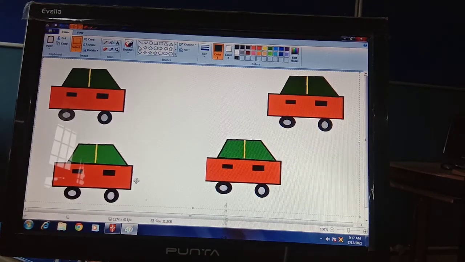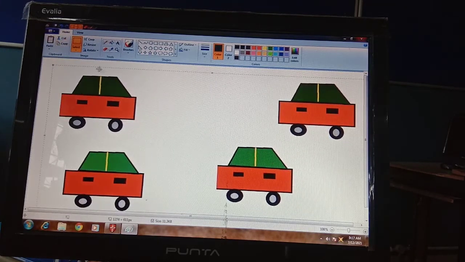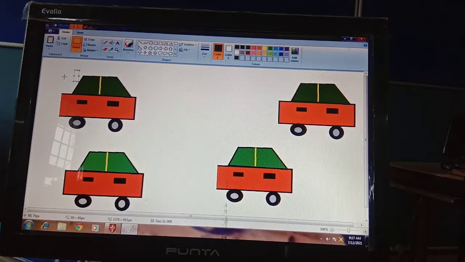I am again removing. Now I am making two pictures. One picture is this. So I am just copying this picture, using the selection tool.